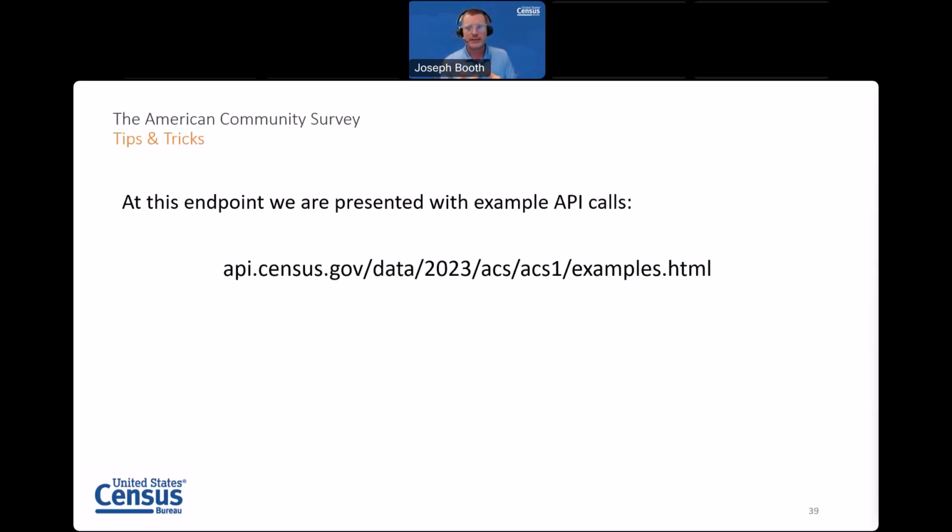And a quick heads up, if you are making over 500 calls per day, you will need to register for an API key, and you'll see in the example links that are provided at the endpoint that it has a placeholder for the key. Just know if you're making 500 calls or more, you're going to need to apply for a key. That is free, and it is through the developer section of the website.